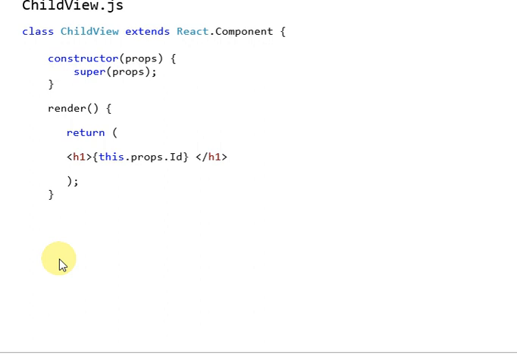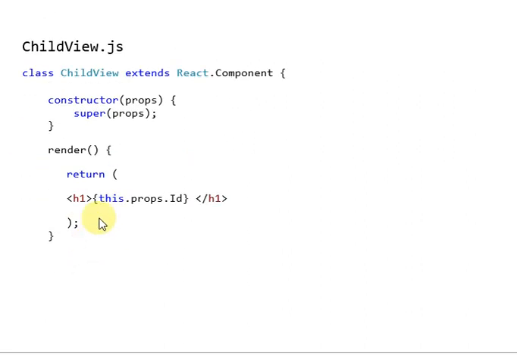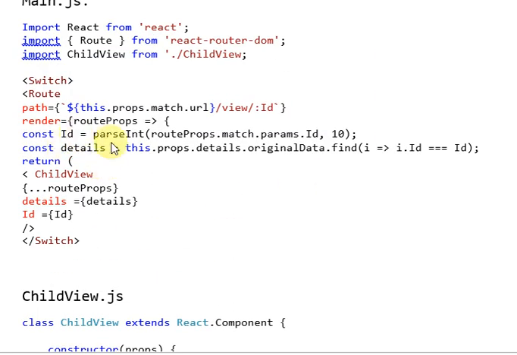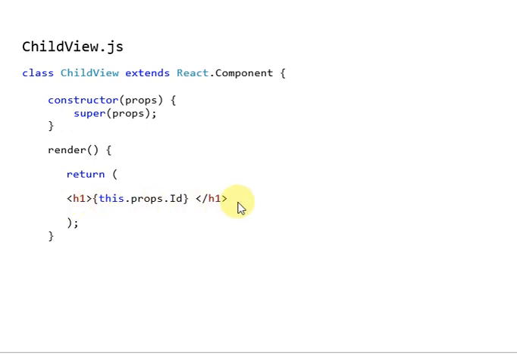In this page, that previously declared value can be used by using this.props.id like this. So from one page to another page we can pass the value and the same value can be used in another page. In this example, I have used this ID to fetch the value from the grid and populate it in the modal pop-up. So for that I need the ID. Based on that ID only I am able to open the pop-up and show the values in the pop-up.